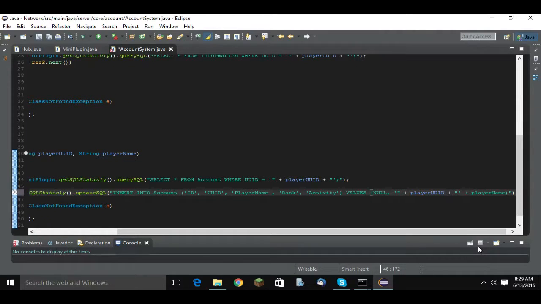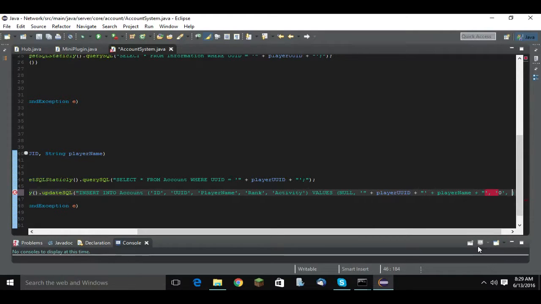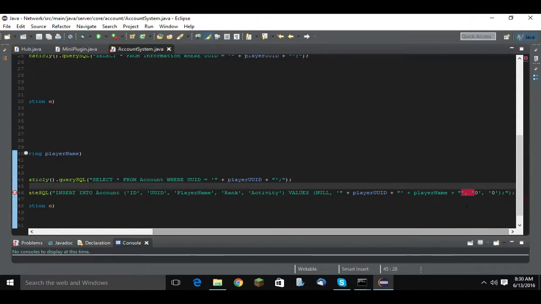Alright, player name, plus 2 brackets, 1 bracket, comma space, little brackets, 0, comma space, little brackets, or 1 brackets, this, and then after here, do an exclamation, not exclamation point, but let's see, what did I mess up on? Now let's just do player name plus